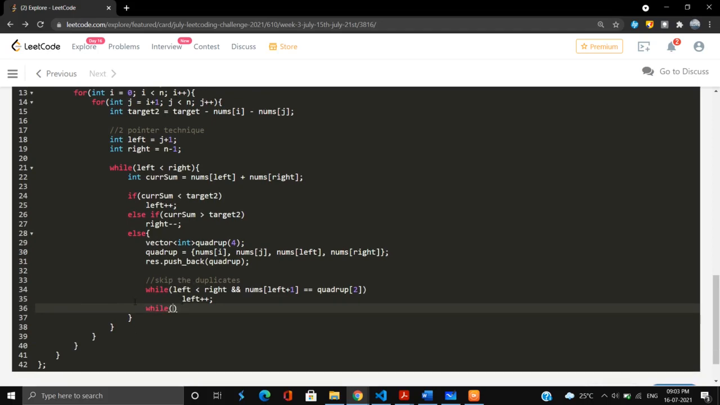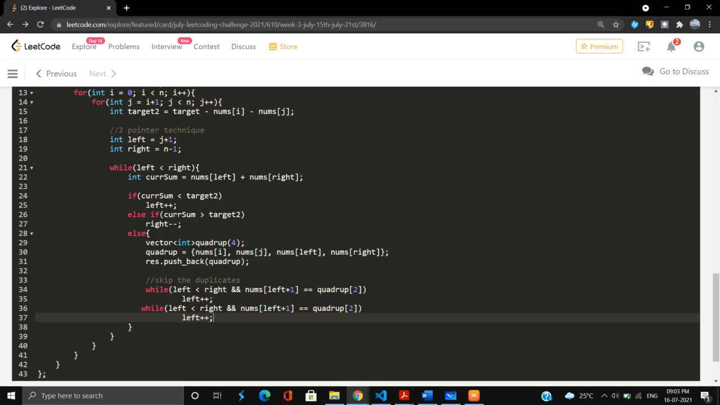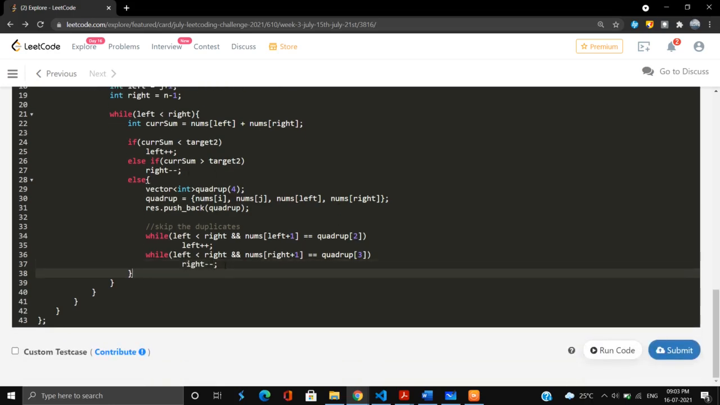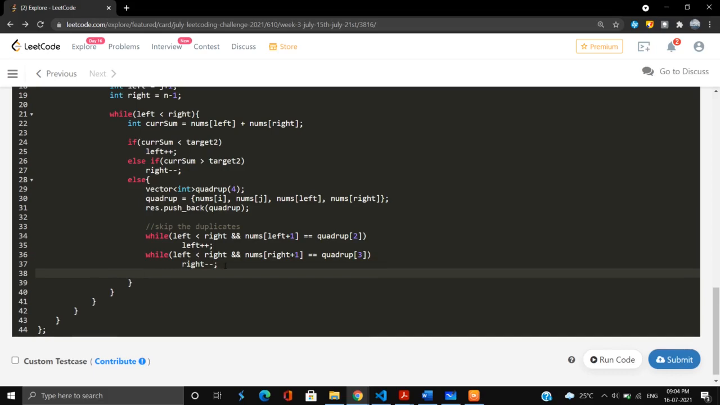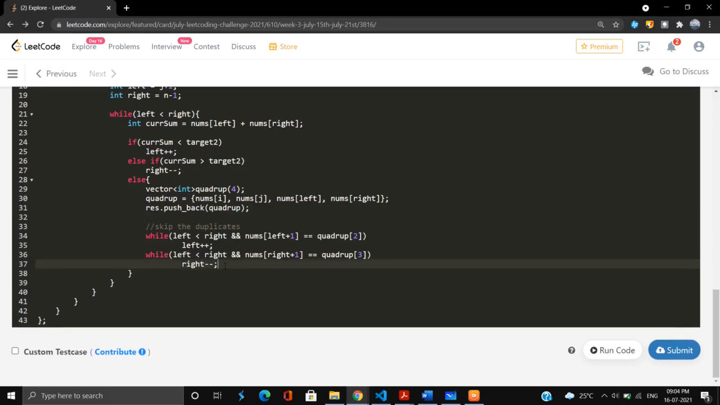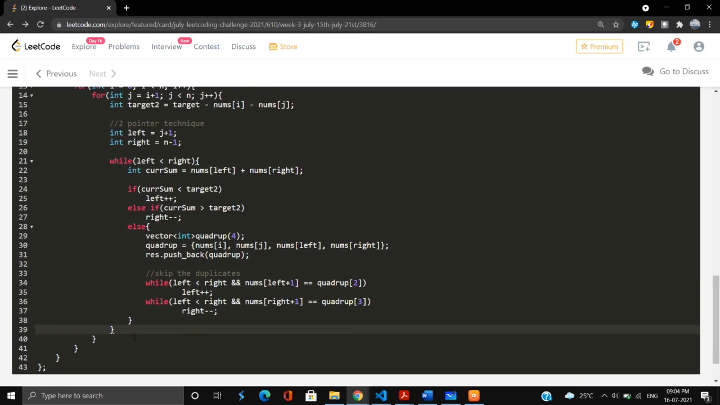Till that time I am going to continue this skipping, and this will also have to repeat for right. If there are any duplicates, here we'll have to change the condition: if right minus 1 is equal to quadrup[3], then we'll have to do right minus minus. So here we are skipping all the duplicates, and after this loop is over,